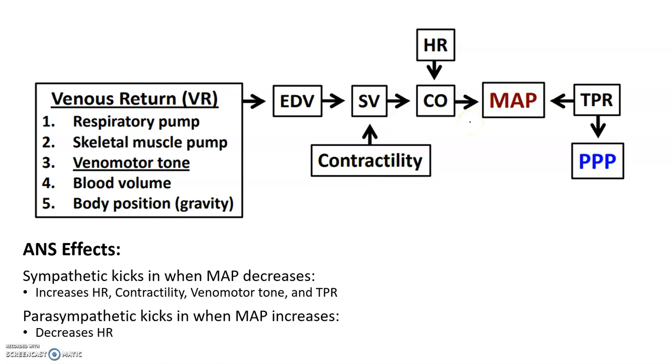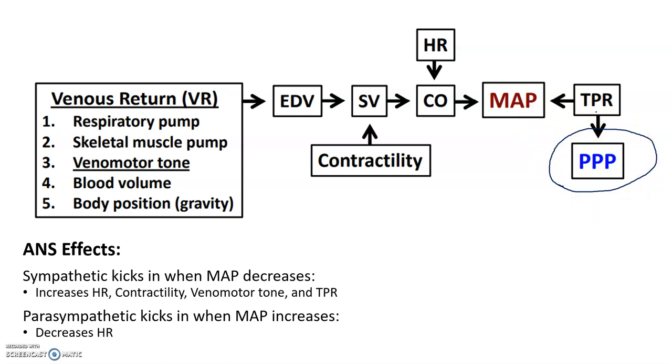Next is the pulse pressure plethysmograph. So we actually looked at one of these before. This is where we put that little thing on the tip of our finger, and what PPP tells us is a measurement of the amount of blood flowing in our capillaries, or the pressure of blood in our capillaries, and it also tells us heart rate. So the effect is that PPP doesn't directly affect mean arterial pressure, but it reveals an artifact of mean arterial pressure and